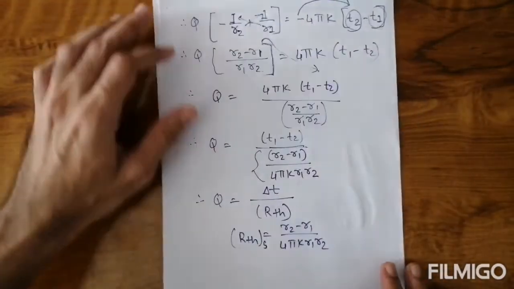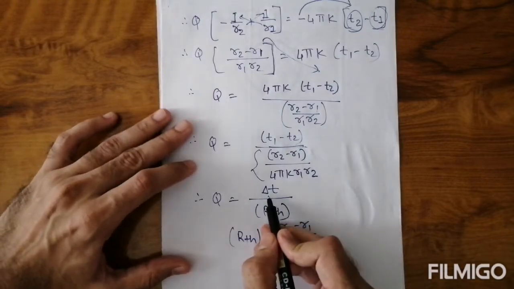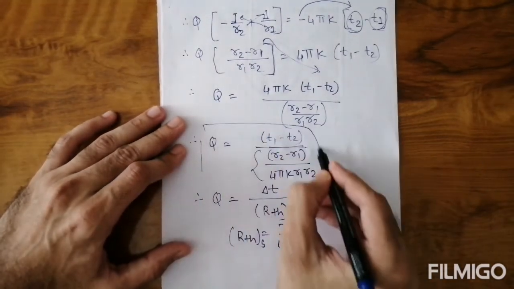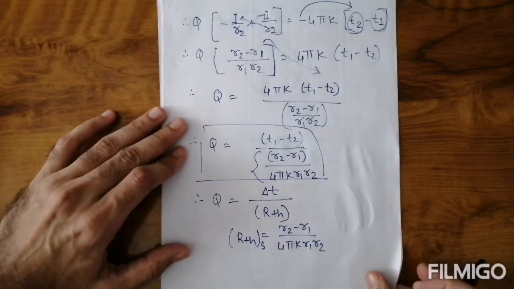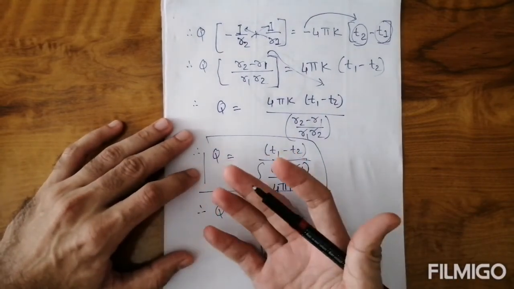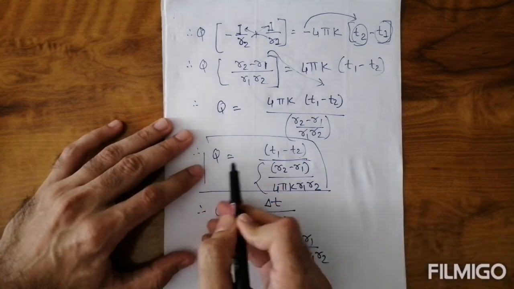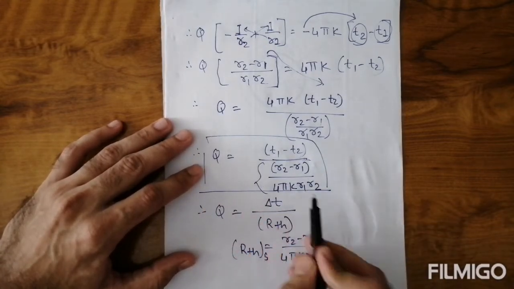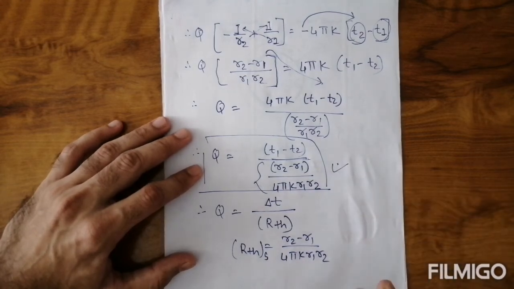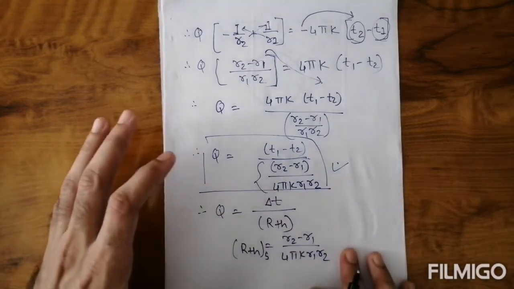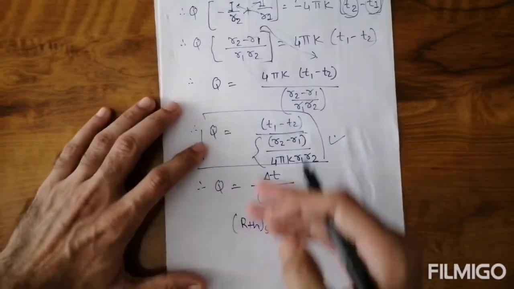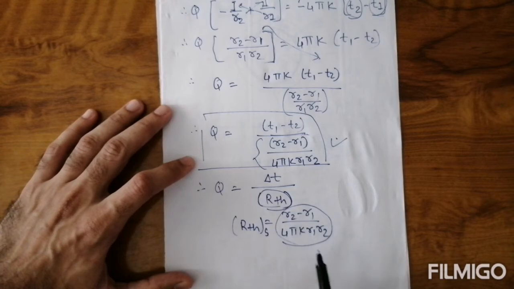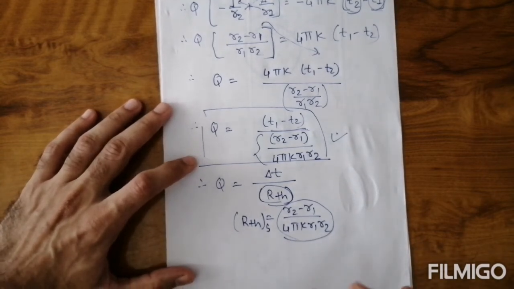Okay, so we can say that here the rate of heat transfer depends on the temperature difference as well as resistance. And what will be our equation for the heat conduction through the hollow sphere? So rate of heat transfer by conduction in a sphere, the equation is Q is equal to T1 minus T2 divided by R2 minus R1 divided by 4 pi k R1 R2. That is your conduction equation for the hollow sphere. Okay, we can also write Q is equal to delta T divided by RTH, and RTH means R2 minus R1 divided by 4 pi k R1 R2.